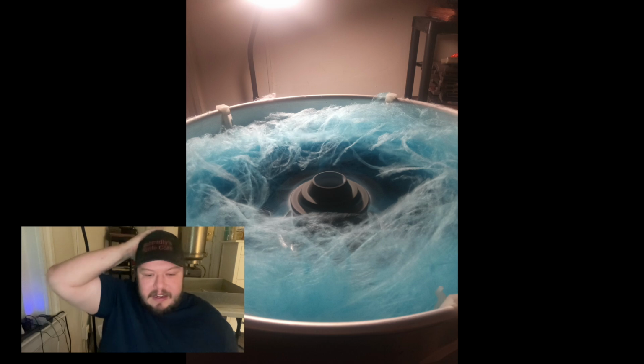I never thought I would make cotton candy, and I never thought how well it would actually sell with the kettle corn and the pork rinds. So I would sell my normal amount of kettle corn and my normal amount of caramel corn and cheese, and then I'd sell my cotton candy and my pork rinds. If I sold 15 to 25 containers at $5, that's an extra 50, 60 bucks. And if I sold 25, 30 bags of the pork rinds, that's an extra 100, 130 bucks. So if you want to jump your markets from a $400 to $500 market and then increase it to a $700 market,